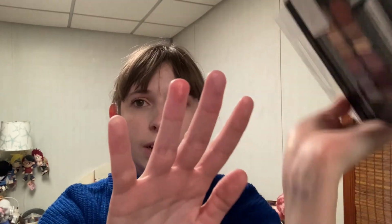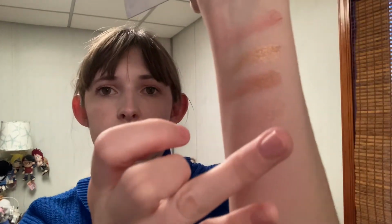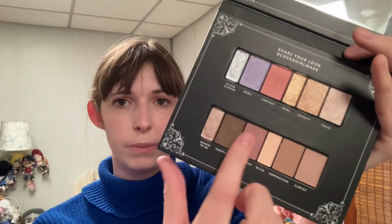So this is Glass Slipper, Aura, which maybe I would want to try that one in the crease and see if it wears any better. Fantasy, which seems to be a nice crease shade, but as for the lid, not too great. Twirl, which seems to be fine. Loyalty, which some of the sparkles did wear off, which is a shame, but the color is still there, and some of the shimmer. Tulle, Queen to Be, Truffles. The mattes were fine. They really were. Committed, Bliss, Admiration,